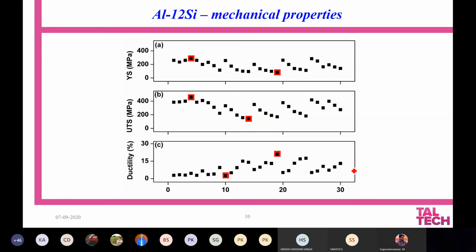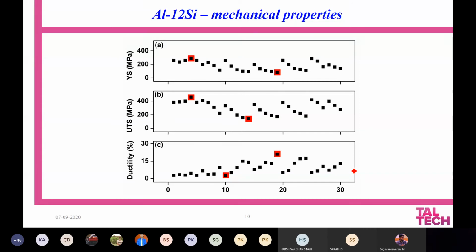For example, if we are not worried about ductility, we are worried about the strength, then you will be able to improve the strength of the material. But if you are worried about the ductility and not the strength of the material, it is also possible to modify just the ductility of the material. But if you want to modify both the strength and ductility at the same time, that is also possible within certain experimental limits.